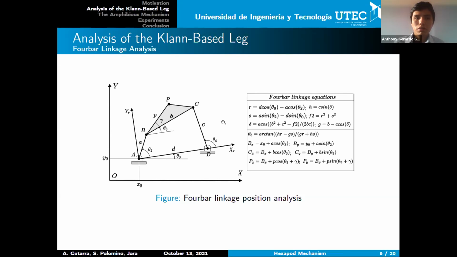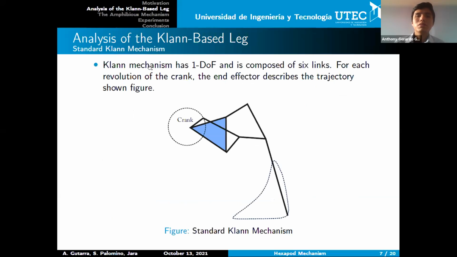So, considering this, we continue with a standard crank mechanism. The crank mechanism has 1 degree of freedom and is composed of 6 links. For each revolution of the crank, the end effector of the mechanism describes the trajectory shown in this figure. The position of the end effector relative to a main frame in the initial point of the crank is calculated as